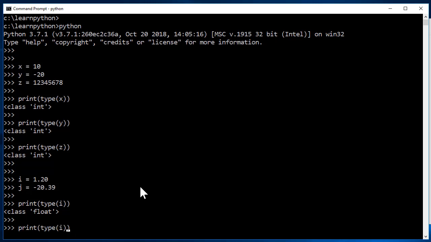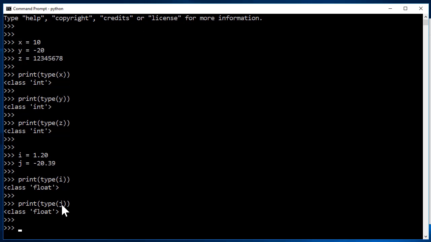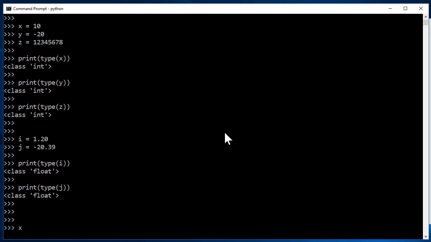So let's go ahead and repeat the same thing. Instead of i, just replace it with j, and it says, okay, the j is of float type. There is another good thing about the float. If you recall from mathematics, we used to deal with e raised to the power of 10. So you could represent a scientific number with E. So that would be something like this. Let me just go ahead and say x is equal to